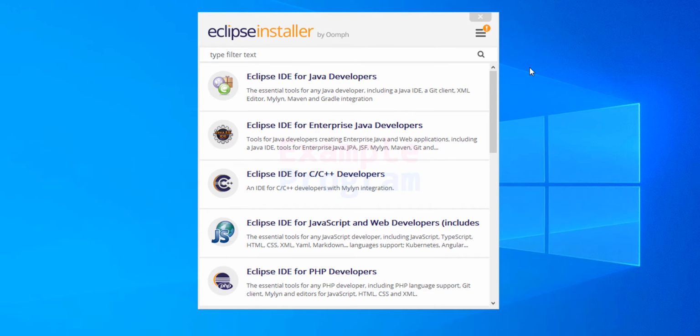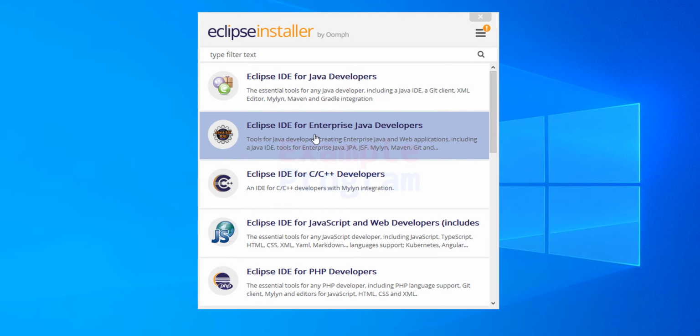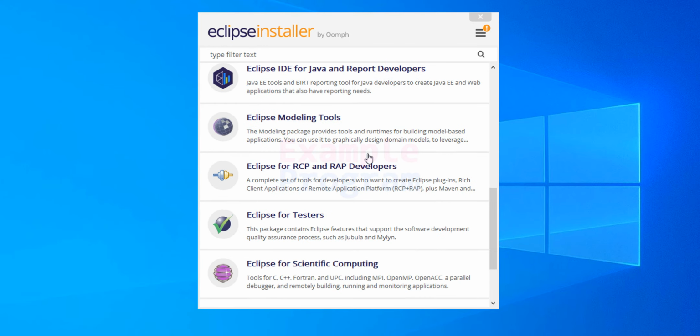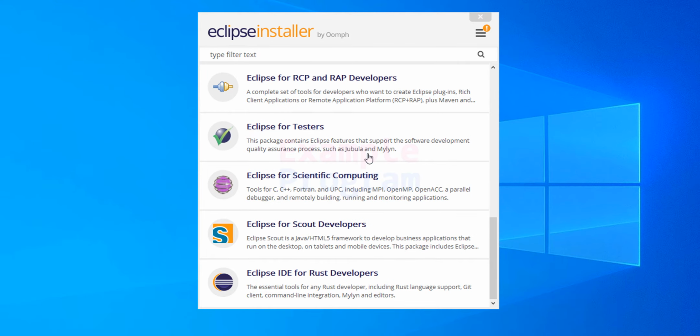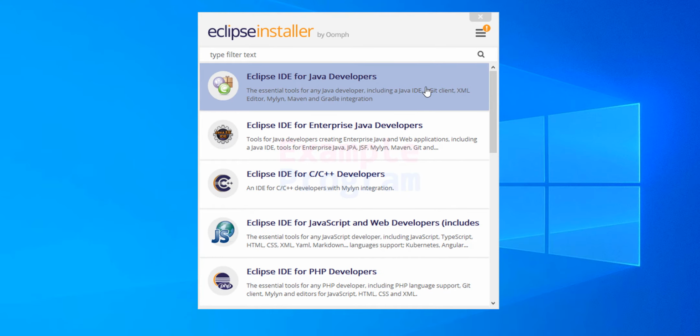Okay, now here you guys can see we can select the package that we want. For example, you can see here Eclipse IDE for Java developers, for enterprise Java developers, C++ developers, and you can scroll down here and you can see a lot of options. Whichever package you need, you can select that one here. I'm gonna install the Eclipse IDE for Java development, so I'm gonna select this first option,